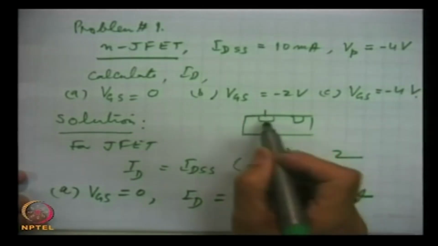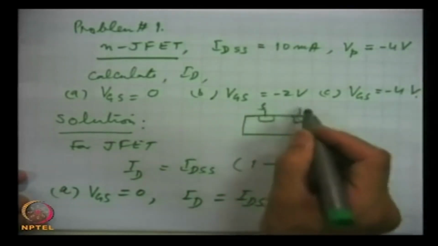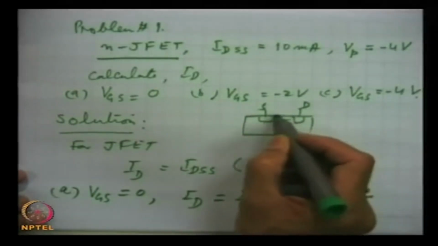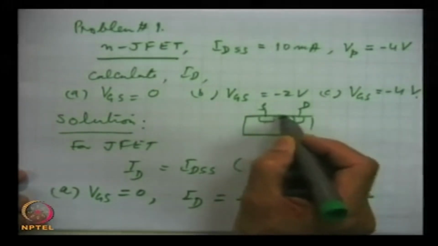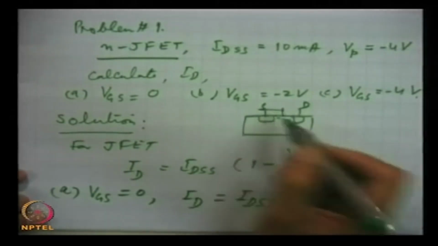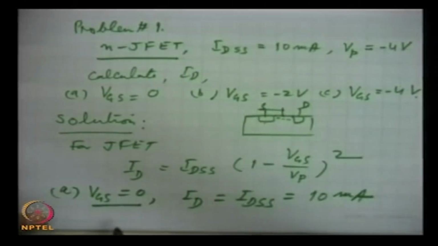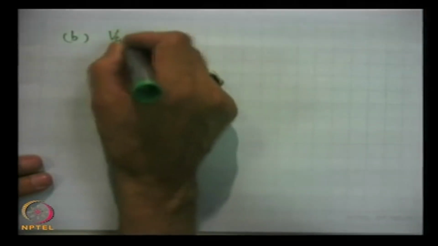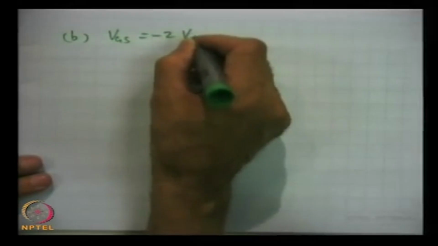This is drain, this is source, and this is the channel. When the gate is shorted, VGS is made 0, that is the maximum current which flows in the device. Then when VGS is minus 2 volts, in that case ID,